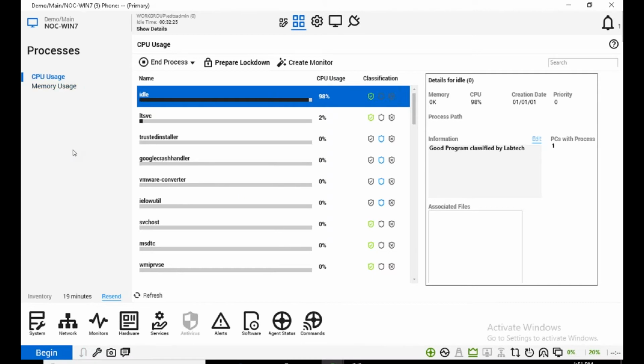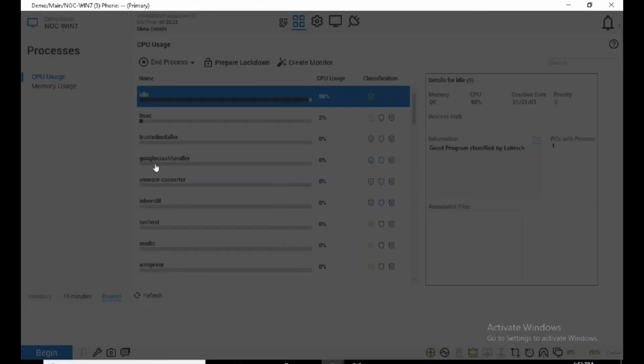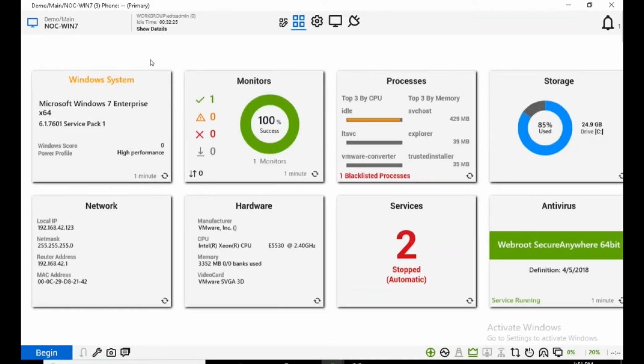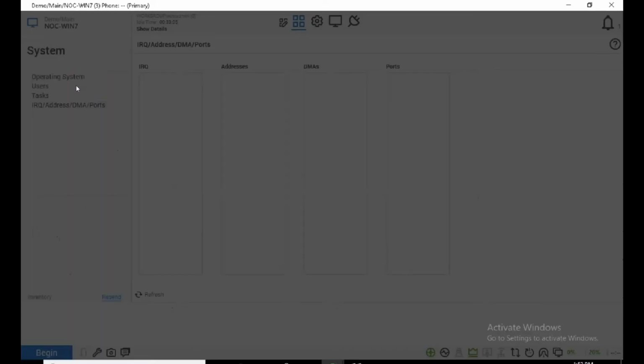So, Evan, my next scenario is that I'm assigned to the help desk this morning, and I need to change a password for a user. How do I do that? Yeah. So, one kind of new thing a lot of you may not be aware of: the users used to fall under the hardware tab. They've actually moved that under the system tab. So if we go into Windows System,